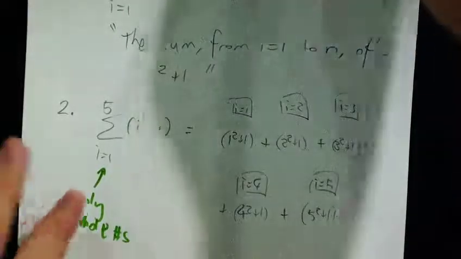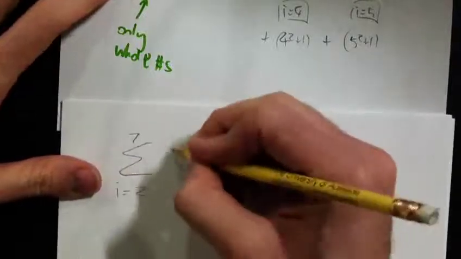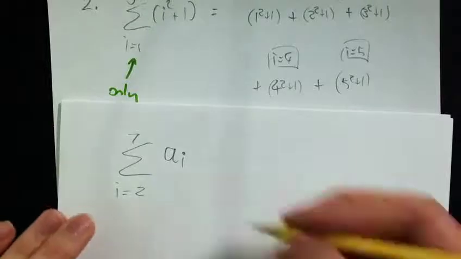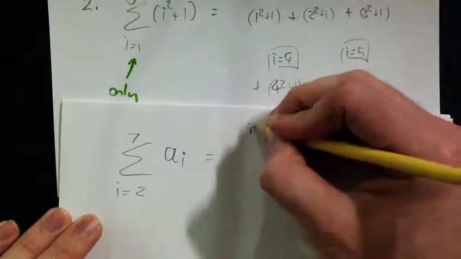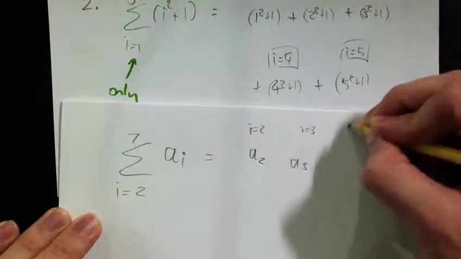I should say, just for future reference, that while this one is a formula involving i, sometimes it's just a list of numbers that each have a name. So you might see it like this, where a_i is a number, a letter a. It's the first one and the second one, in this case a_2. So this would be when i is equal to 2, I get a_2, and when i is equal to 3, I get a_3. When i is equal to 7, I get